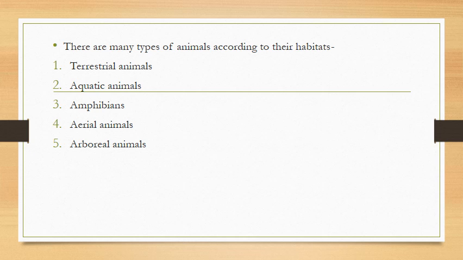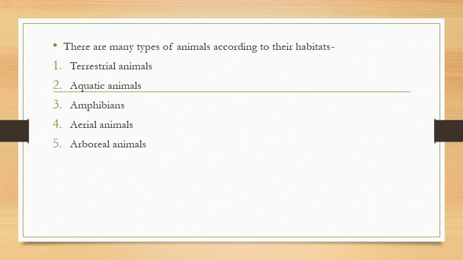So we can say the natural home or the natural environment of any living organism is known as its habitat. Means the environment, the place where we are born, we live or we grow. This natural environment or this natural home of any plant, animal or human being is known as its habitat. So is that clear? Now we will learn the types of animals according to their habitat.